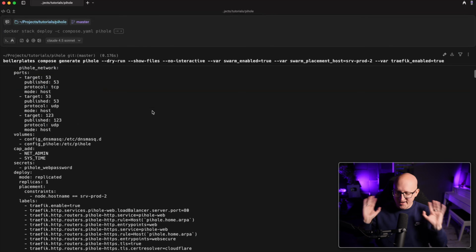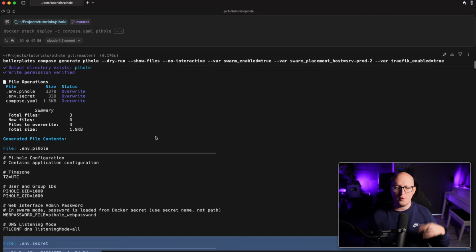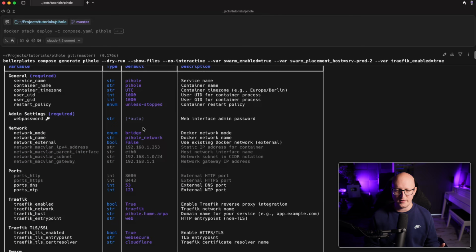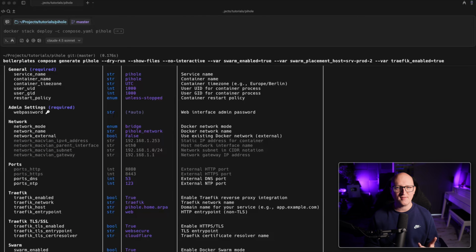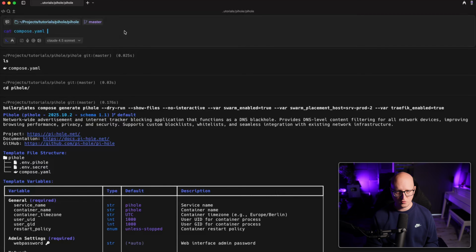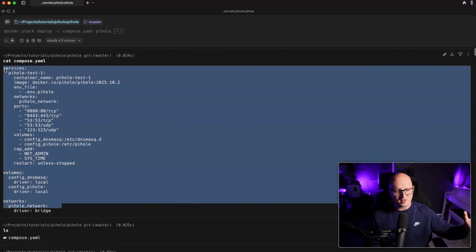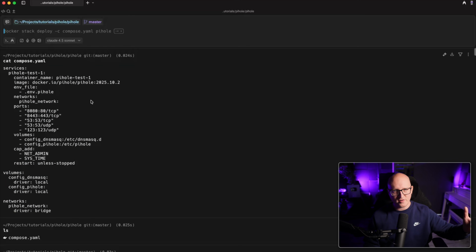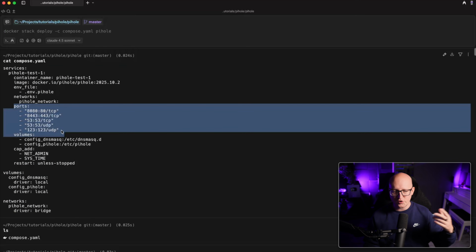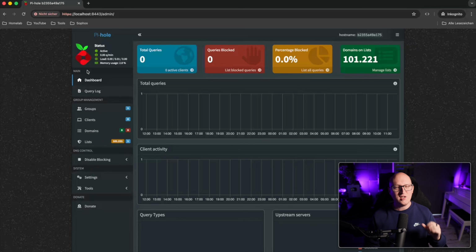All right, so again, I don't want to confuse you with too many options, but I think it is necessary to provide these templates with a lot of customization options so you can really use them to deploy Pi-hole to any kind of environment that you need. If you want this to be super simple, you can just deploy the default template and run this on a Docker server in bridge mode